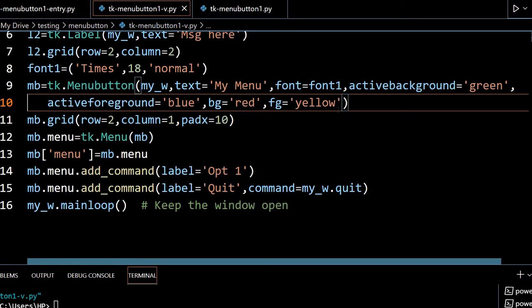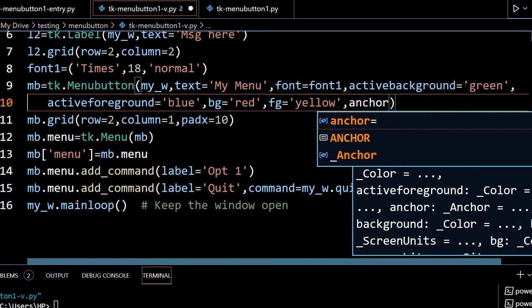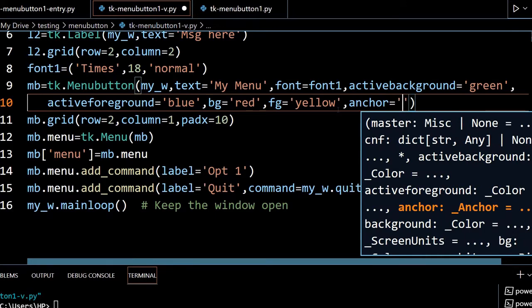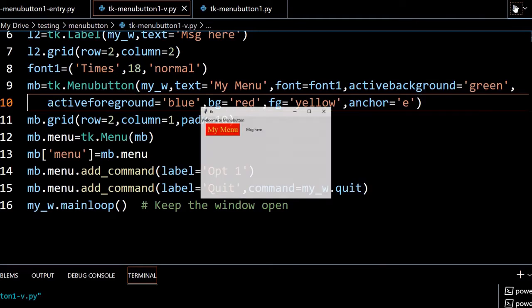Now one more thing is our anchor. It is the direction in which the text is to be placed. Say we have more space available. So I can say anchor equal to, I can use north, northeast, south, southeast or west like this. So let me just put it east side, but you may not find the difference because that much space I am not given here. You can just see this.